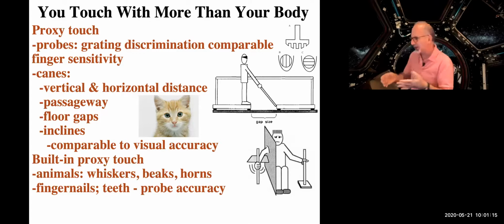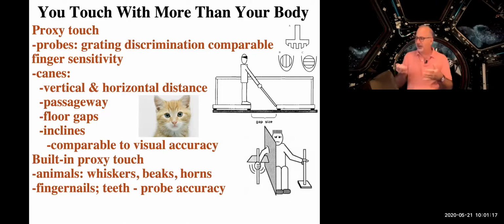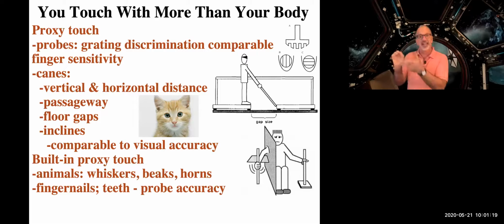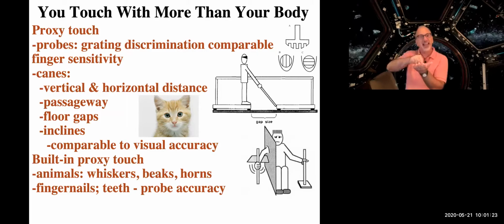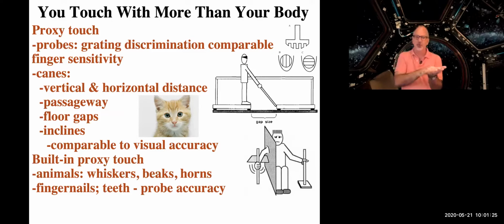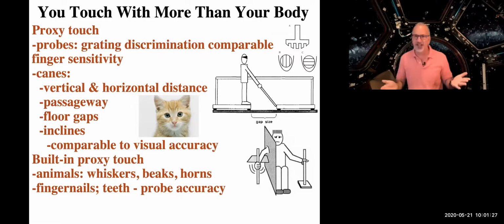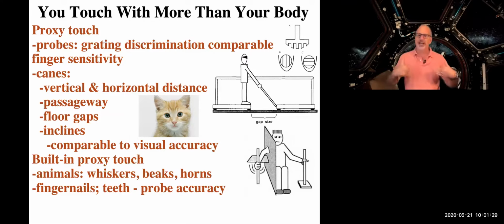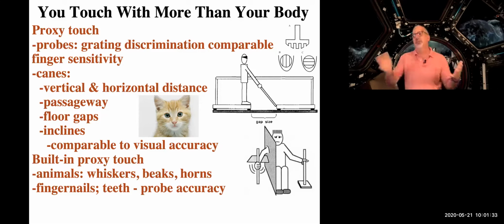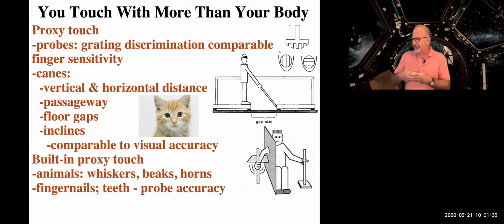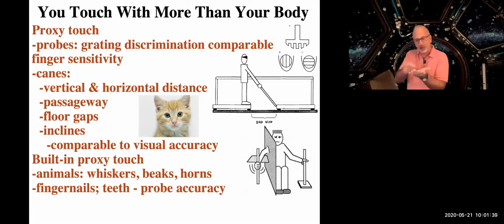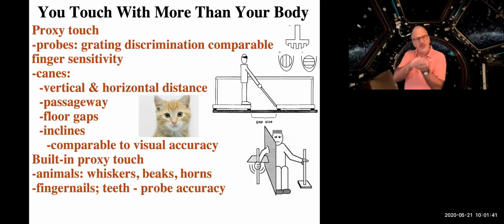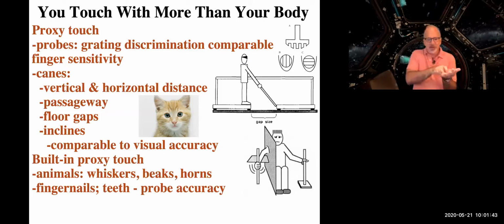And so people who work on wood will very often not cut their nails so far down that they can't use the nail as a kind of proxy touch tool. So that's one example of how we have our built-in proxy touch as well. Sometimes you'll see people doing some sort of mechanical wood design have nails that are a tiny bit longer, or at least one nail just a tiny bit longer, to be able to feel that. What else do we have?